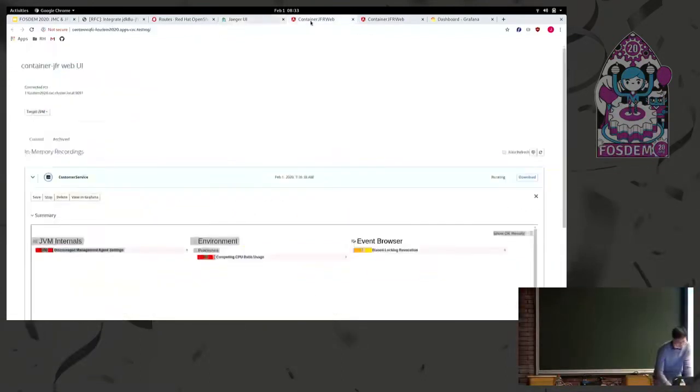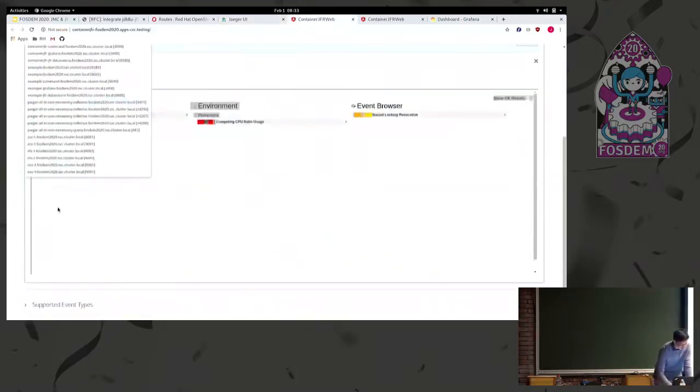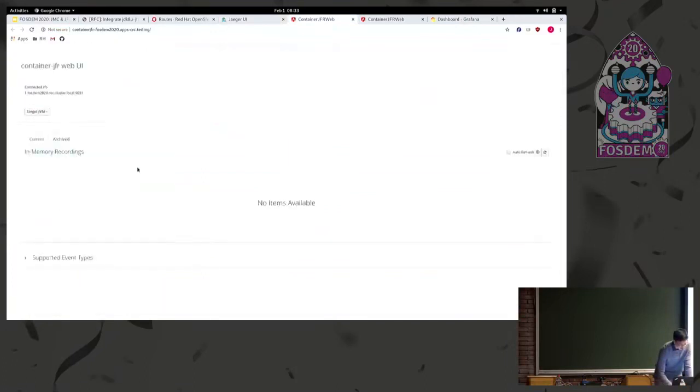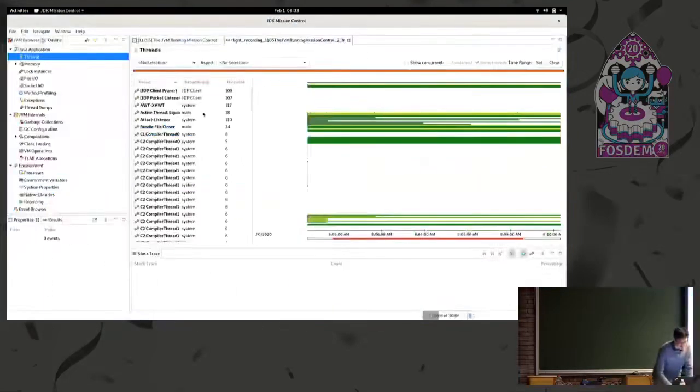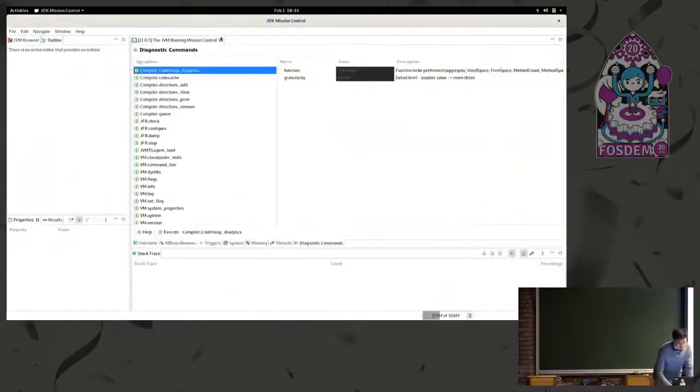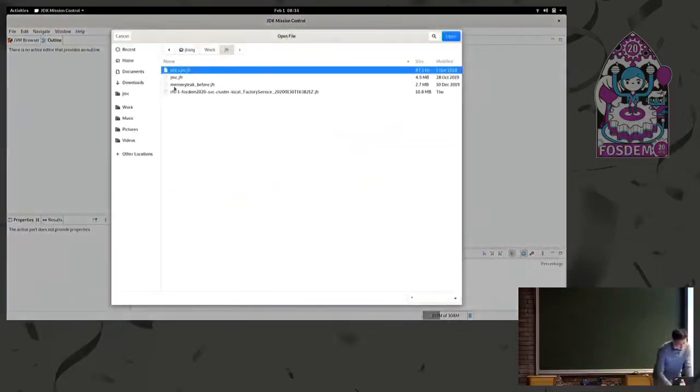So this was in the factory service, so I'm going to get a recording of that. Back to the web UI, I'm going to target the factory service. It has a continuous recording enabled, so I'm just going to download that to my system. With a click, it's now on my own machine. And then going back to Mission Control now, I can open that up real quickly in the downloads,